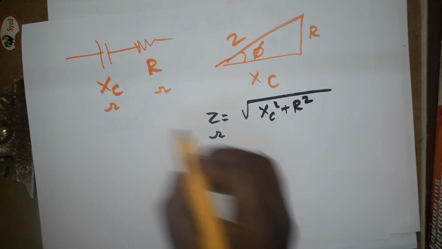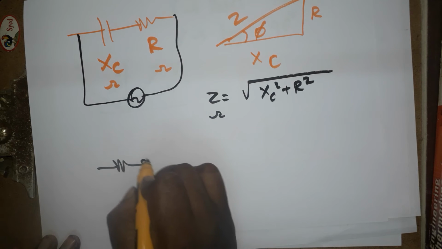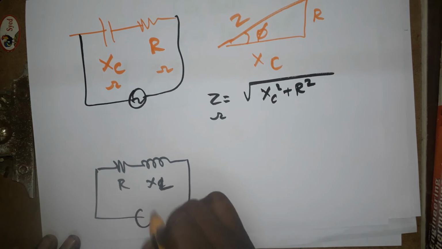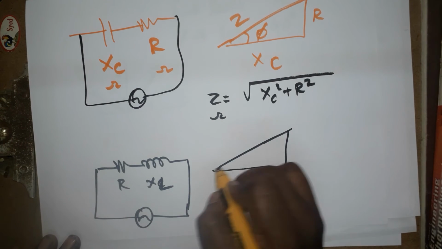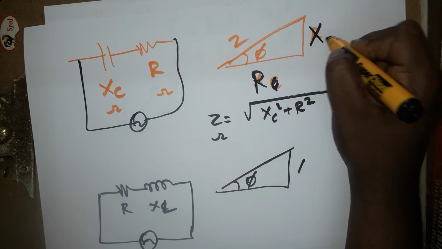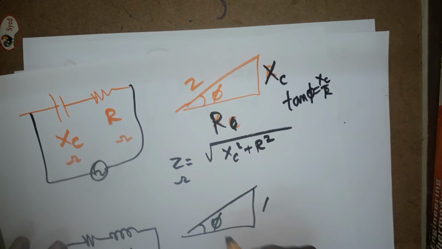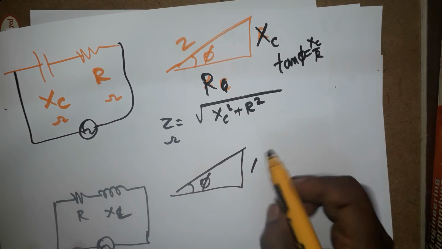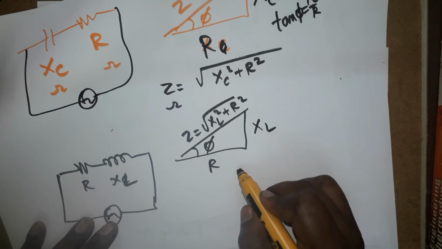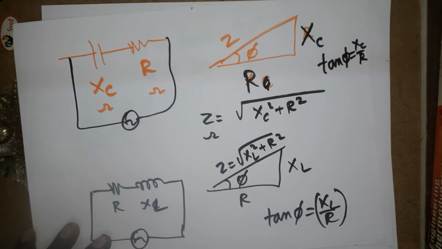It's very simple. Similarly, I am connecting R with inductance, XL now, with the AC circuit. Now our total impedance triangle will be like this. Phi, this is going to be R, this is going to be XC. If you want the phase angle, tan phi is equal to XC divided by R. That's also possible here. Now with XL and R, Z is equal to root of XL square plus R square. If you want the phasor angle, tan phi is equal to XL divided by R. Like that also you can take it.